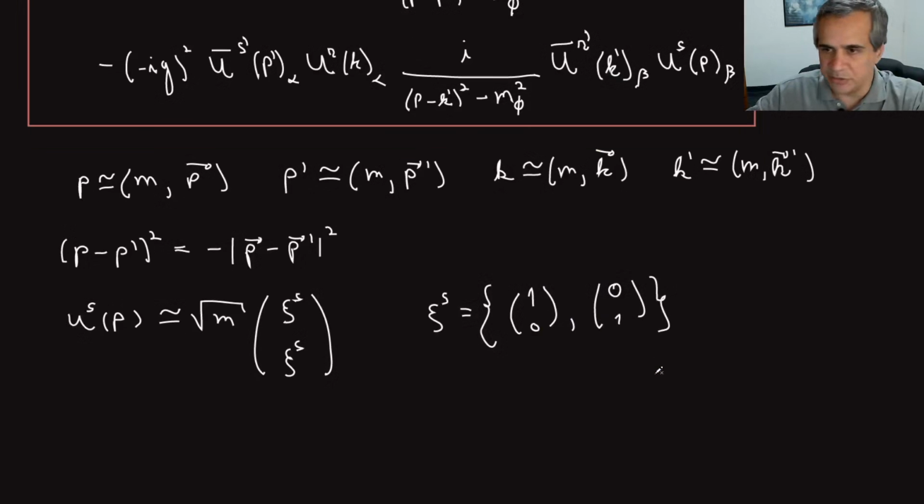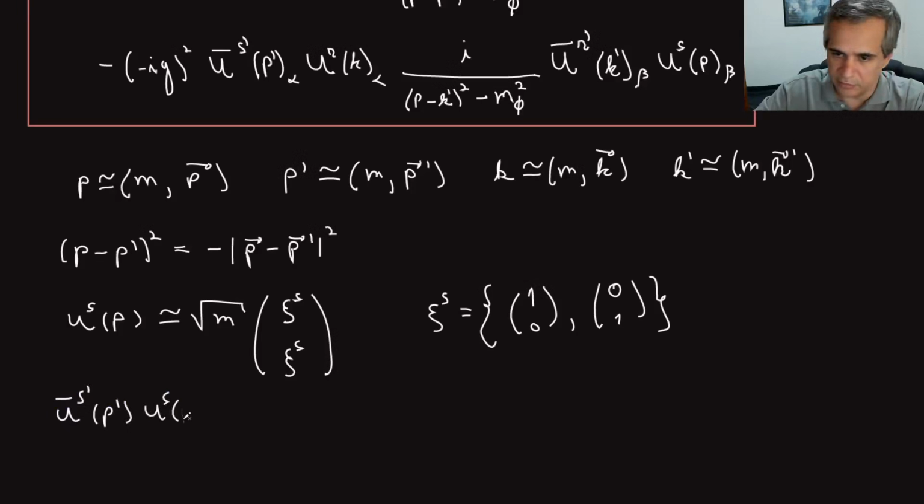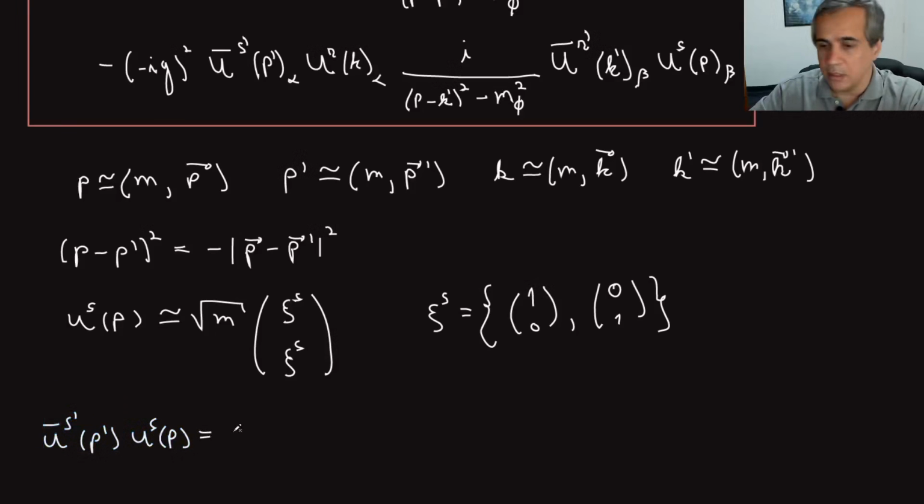And that allows me to simplify these products of u's, right? So ū(s′, p′) u(s, p) can be simply written as u†(s′) γ⁰ u(s), right? And I get a square root of m from here and a square root of m from there, so it's just m